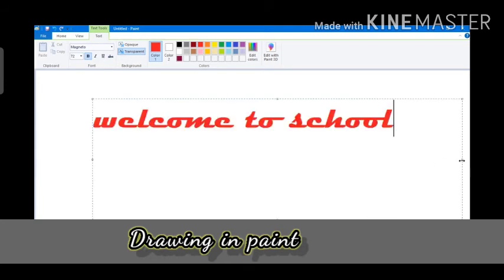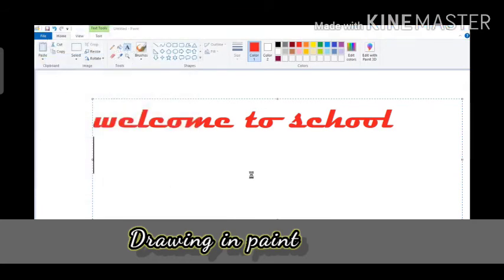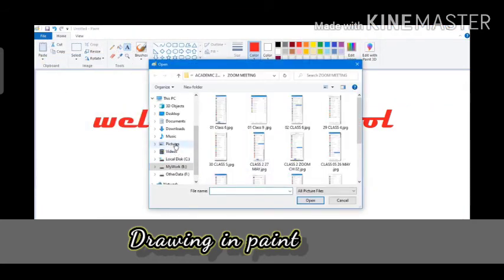And you can change the shape and size of your box like this. So this is the text tool. Now in the colors group, you can click on the color, and then click on whichever color of the text you want to, and then you can save if you want to save.